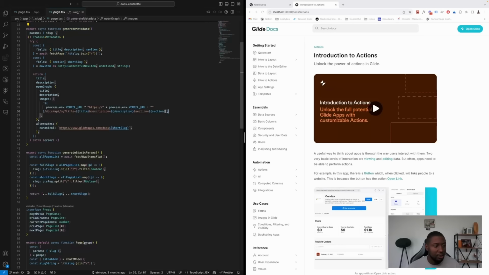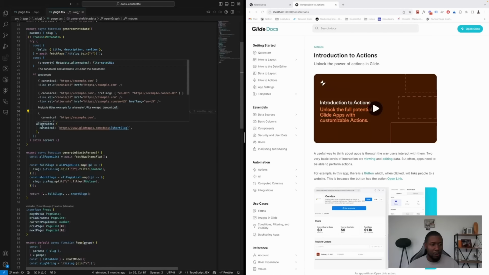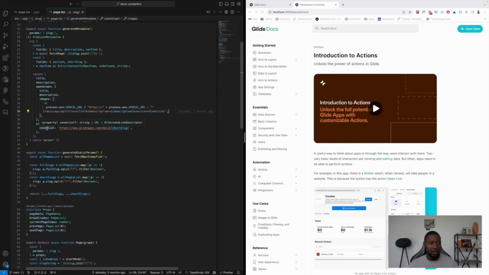And if you look at this section for 1 second, you'll notice what we spoke about in the previous section where we had dynamic OG images. So these are just passing the fields from the previous section. So the title, the description, and the section, and that gets rendered on the fly at build time. And we're also passing alternates for canonical tags.